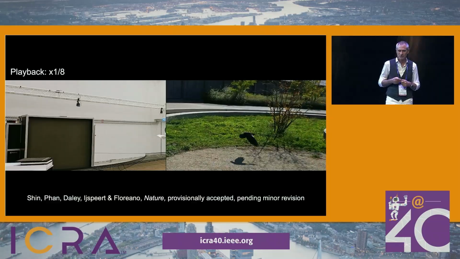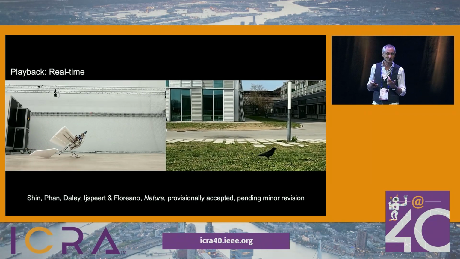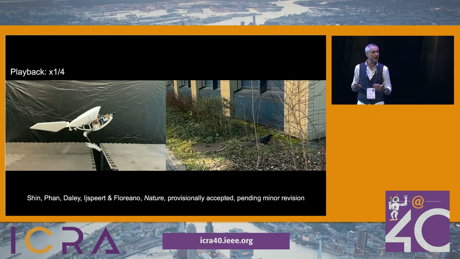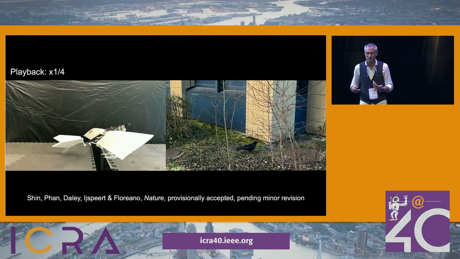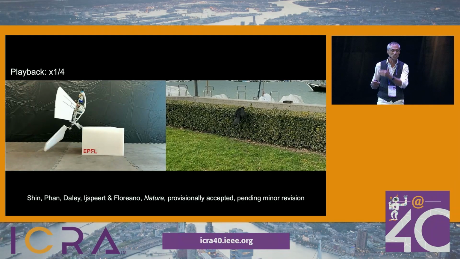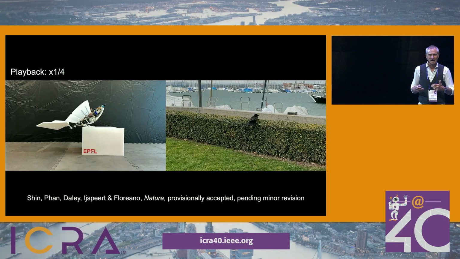And so here you see our drone next to a bird that Won Dong has been filming on the campus. You see it taking off, jumping for taking off, but it can also walk. You can use the same legs, just like the bird does, to walk on the ground. Or it could also hop over a gap, something that a drone with wheels cannot possibly do. Or you could hop on an elevated surface, just like birds do, and from there you can take off.